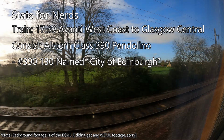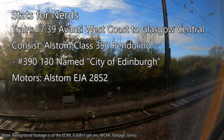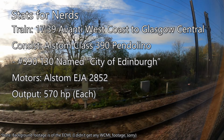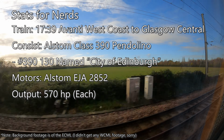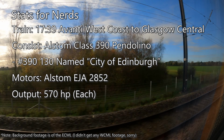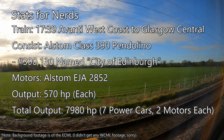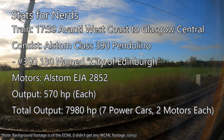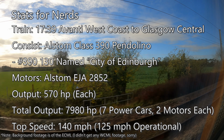Each Class 390 EMU is powered by Alstom's EJA 2852 traction motors, producing 570 horsepower each. As the longer 11-car variant, our Class 390 has 7 power cars, and with 2 motors per car, 11-car trains produce a total output of 7,980 horsepower. Class 390s are rated for a top speed of 140 miles per hour, but track speeds limit trains to a